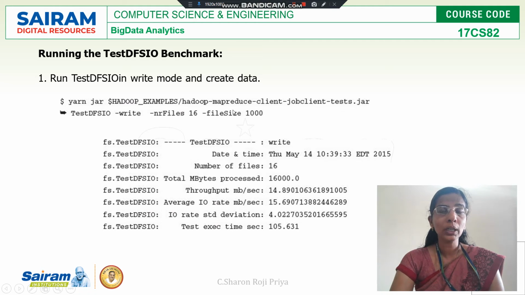And here also I'll be using only one mapper. Usually mappers will be n in number and the reducer will be 1. When I run this second benchmark test, I'll be using only one mapper, and I'll be testing whether I can write n number of files in a fast way, whether I can write a huge volume of data to n number of files with only one map. With this, I'll be measuring the performance of my Hadoop application.